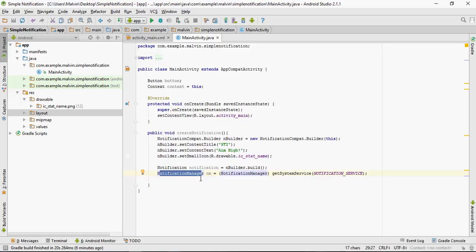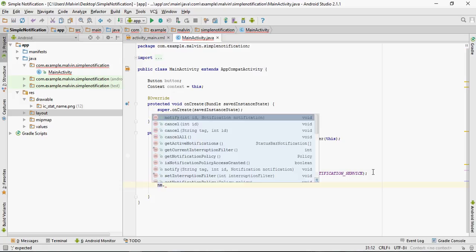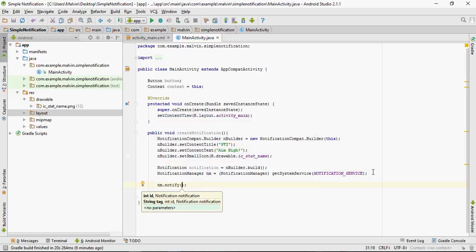So this is how we tell the user that something has happened in the background. So getSystemService, giving the user feedback for UI events through the registered event listeners. So nm dot notify, 1 comma notification.